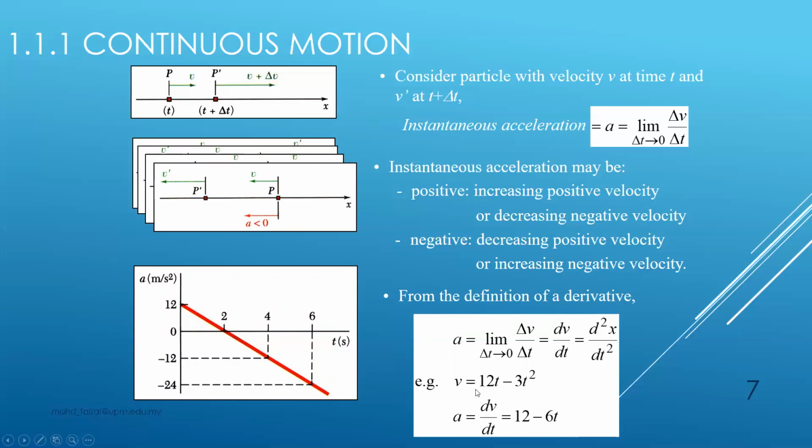So for example, if you have this function here, v equal to 12t minus 3t², and you would like to get the acceleration function from this particular formula, what you can do is just differentiate v with respect to t, with respect to time. Therefore, you'll get this